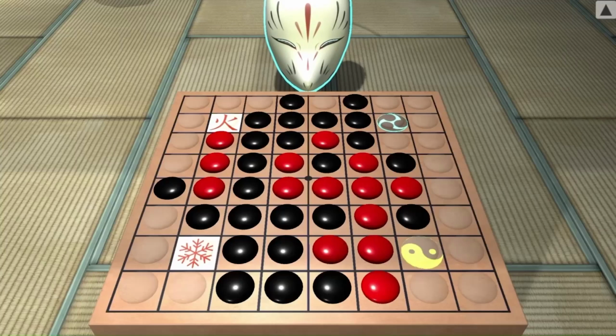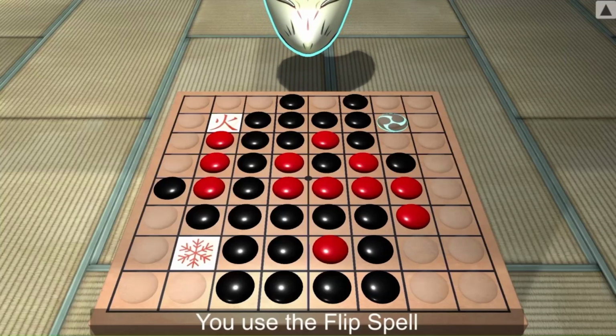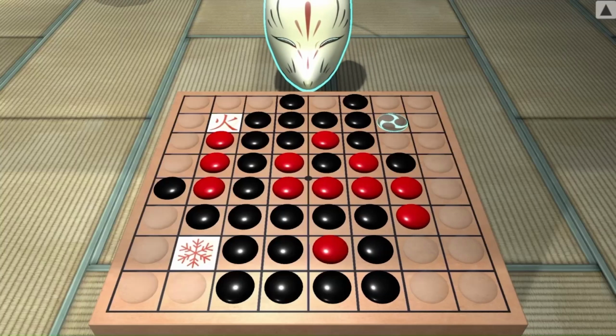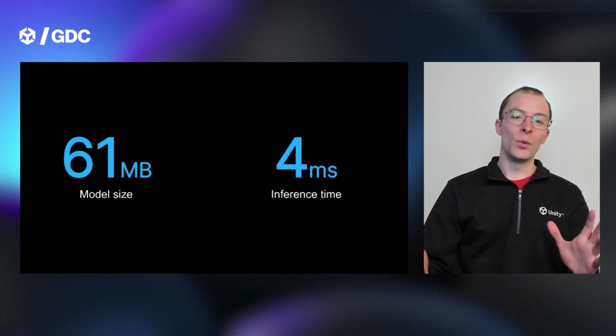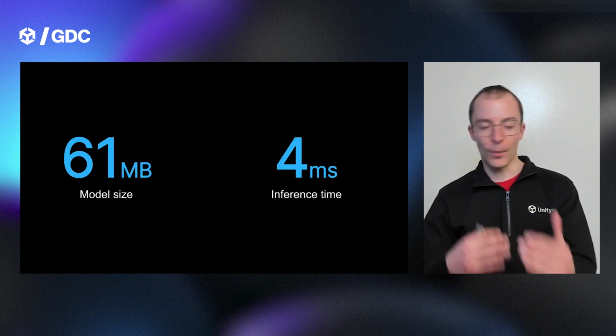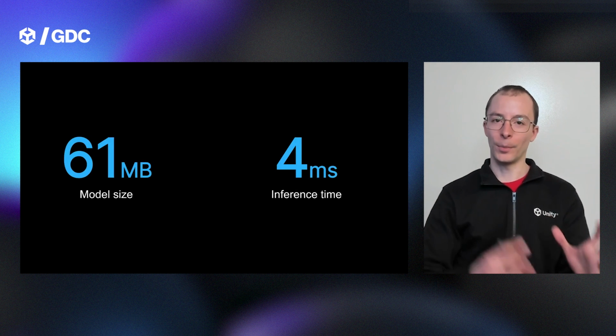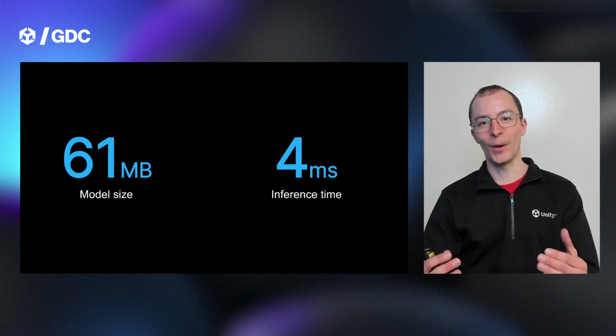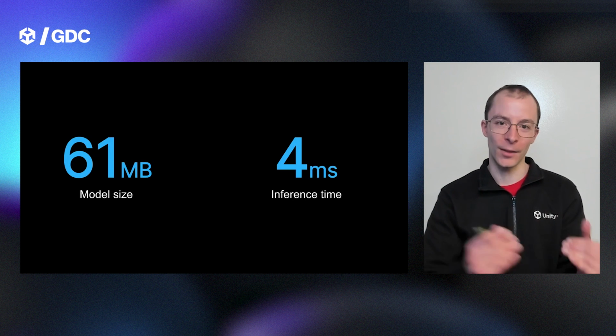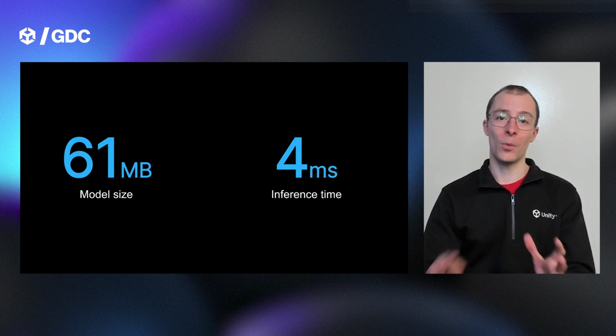And the last one is a flip spell, which will flip all the colors around. So if it was a red piece, it will become a black and vice versa. So we added this move and we retrained the model. It took about 3 days. And now the model is able to play this game. Of course, with the rules we added, maybe the gameplay is not that fun, but the model was able to generalize